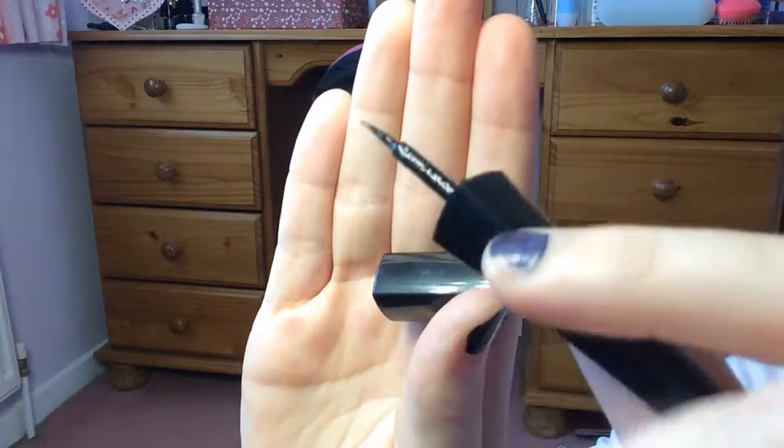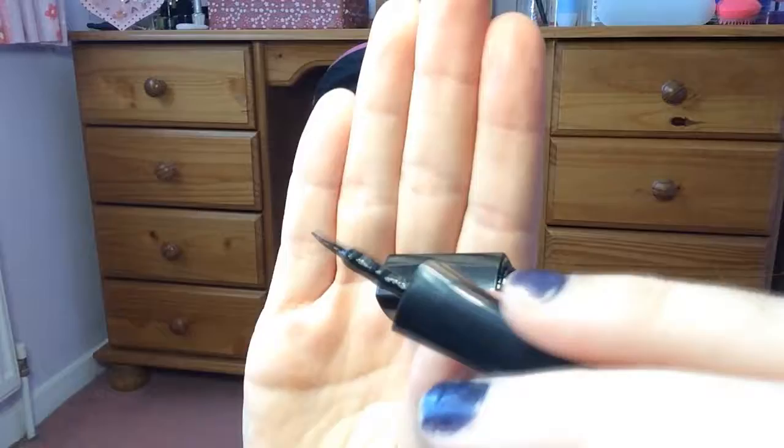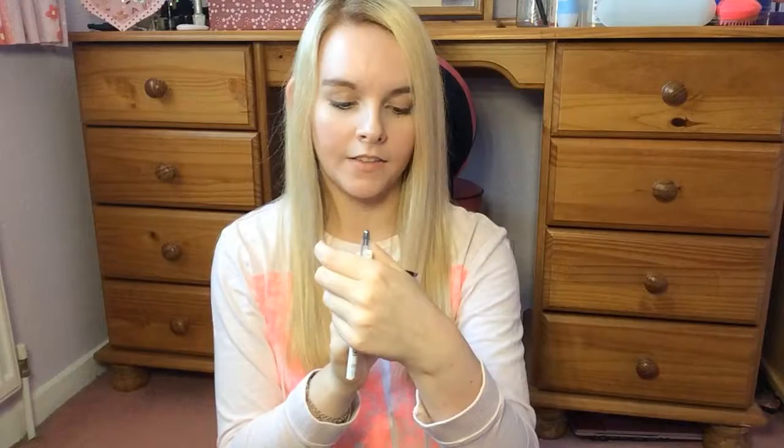And then I'm also taking my Freedom eyeliner because the brush is a lot smaller, so if you don't want a really long flick at the end and you just want to line the top of your lashes, that's really good for that, and I prefer using this if I'm putting a flick on the end of it. These 2 are my pencil liners, and so I've got the Laura Geller Waterproof Eyeliner in the colour Black,